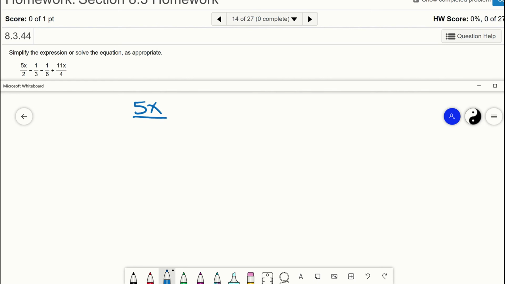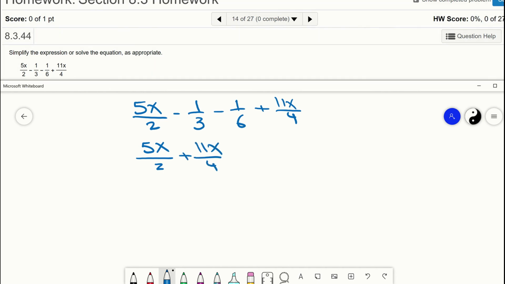So we have 5x over 2 minus 1/3 minus 1/6 plus 11x over 4. So the first thing we'll do is put the like terms next to each other. So we put 5x over 2 and 11x over 4 next to each other. Remember, if you have